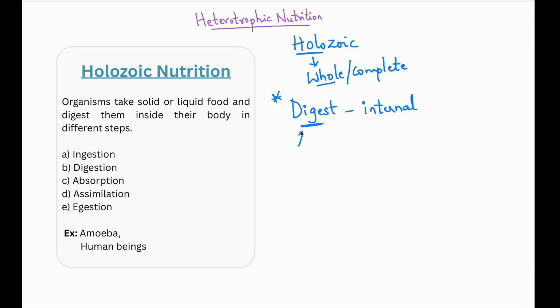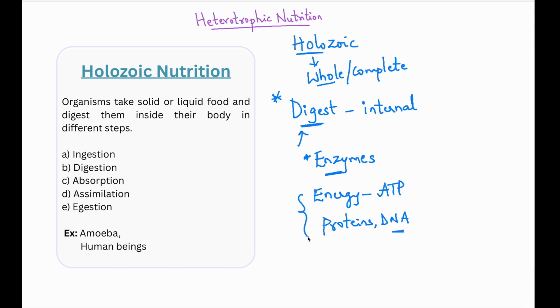Now, digestion is most important because this is where the complex biomolecules need to be broken down into simpler molecules, and this requires the presence of digestive enzymes. Digestion is followed by absorption of the digested food or the nutrients from the products of digestion. And then we have assimilation. So whatever nutrients are absorbed into the cells of the body, these nutrients can then be used to generate energy, which is nothing but ATP, or it can also be used to synthesize new proteins, DNA, and a bunch of